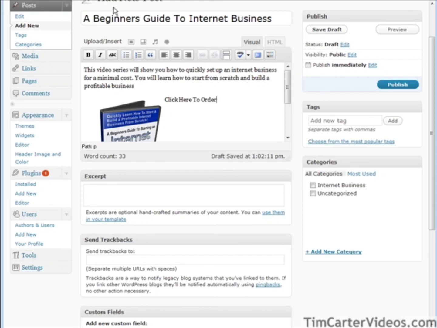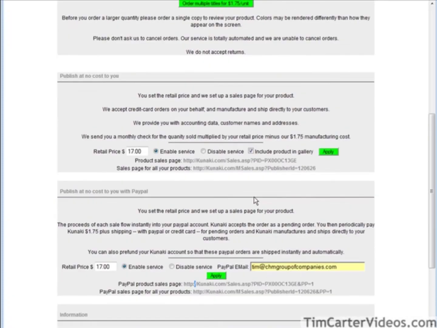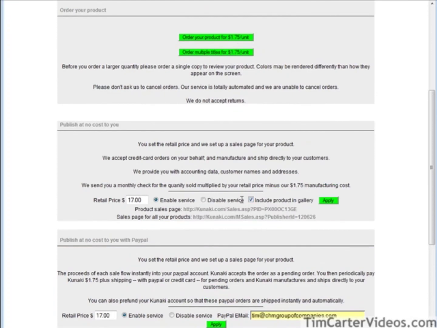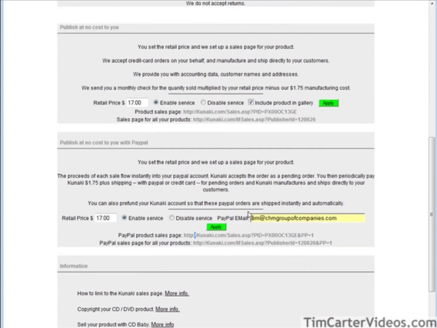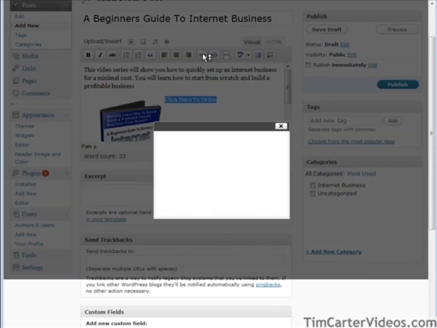Okay, and then what we do is we go over to our Kanaki site. And then we decide what we're going to use. We can use Kanaki's order page, or we can use the PayPal order page if we want the money to go right away into our account. So we can just copy this link here. Let's highlight it, do a copy, and then we can go back to here. And then all we do is we highlight this, and then we click this link here,